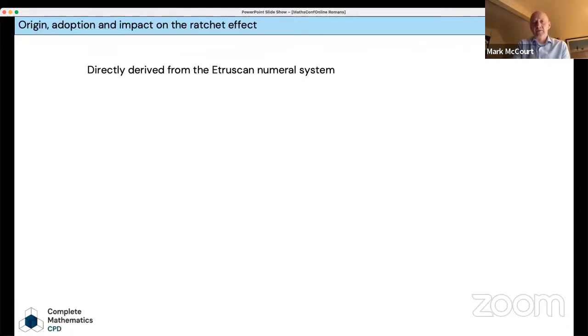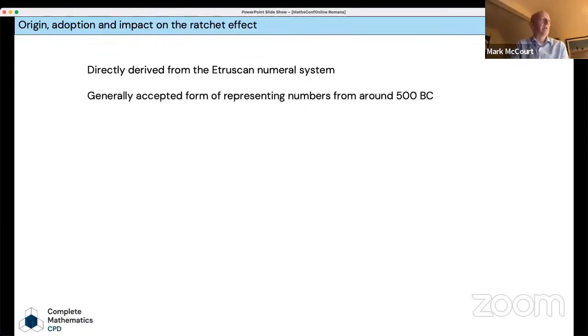And Etruscans have symbols for 5 and symbols for 10 and so on. It's quite hard to get away from the fact that we have 10 digits. It's not unusual that base 10 is so prevalent in number systems historically. And these started to become the generally accepted form of writing numerals from about 500 BC. This Roman numeral practice. There'd been lots of numeral systems before this, but from around 500 BC, these started to become really popular.